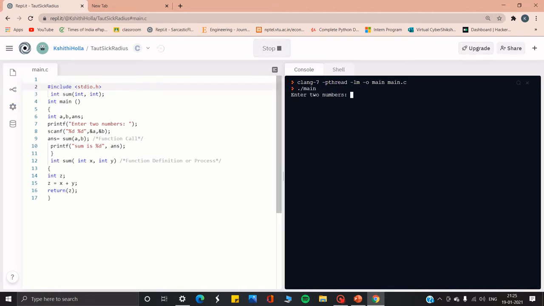And then you must declare the prototype and enter two numbers. I would enter 2 and 4, so the answer must be 6. So let's see how it gets implemented. You enter two numbers a and b, and this gets saved in a and b respectively. So sum of a comma b is stored in the variable named answer. So it goes over here and it says x comma y. It's the same as a and b, and x plus y is equal to z, and the z value will be returned, and then it comes here, and this value is stored in the answer, the return value, and this statement gets printed. And this is all about functions.